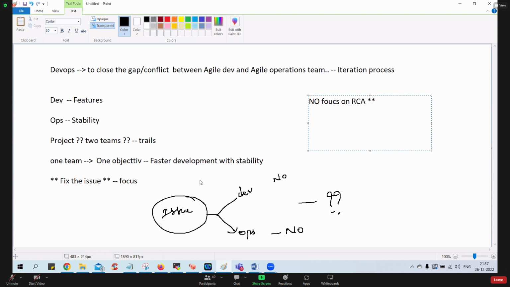Root cause analysis was the biggest concept in Agile, a highlighting concept. In DevOps, it is the least. They say findings. If you find a reason that, okay, this is a development issue, get the development team on the line and get the trouble fixed. That's it. If you find that it is a server issue, get the server team on the call and get the problem fixed. That's it.